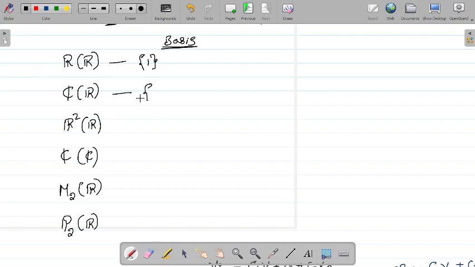Okay, let me do it if you have a confusion. Any complex number can be expressed this way, right? A plus iB. Now can I write it like this? This is A times 1 plus B times i, where A and B are real numbers. Now you can see that any complex number can be expressed as a combination of 1 and i. So can I take 1 comma i as a basis set?